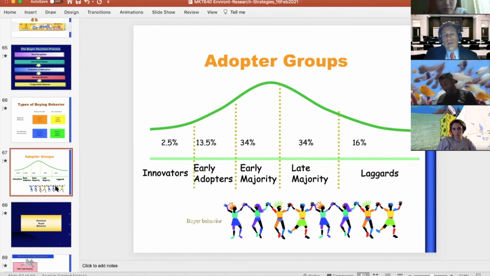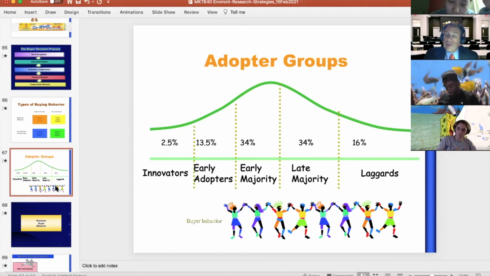The next group is the early adopters. They consume after a certain amount of people have consumed the product. So they're not the ones that generate the interest like the innovators. You don't make money from the innovators. If you're a company and you focus on the innovators, you may be putting a lot of resources on it and looking like you're wasting a lot. But the thing is, the innovators are like a spark. There's no fire if there's no spark, but the spark is not why you're running this business. You're running this business for the majority, the early and late majority. This is where you will be making most of the money.